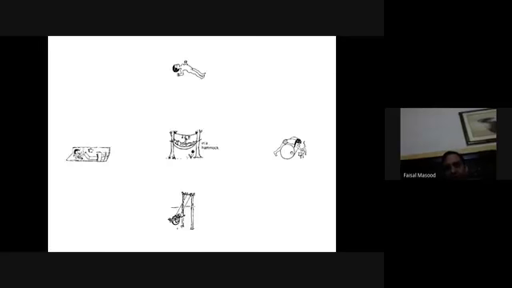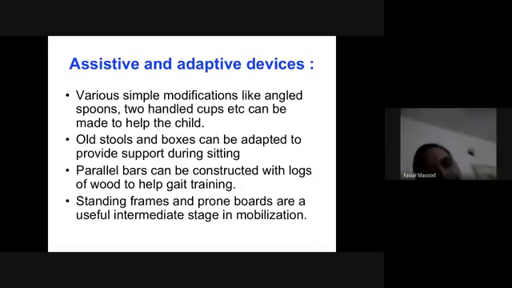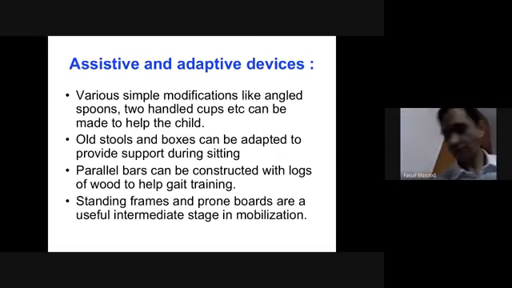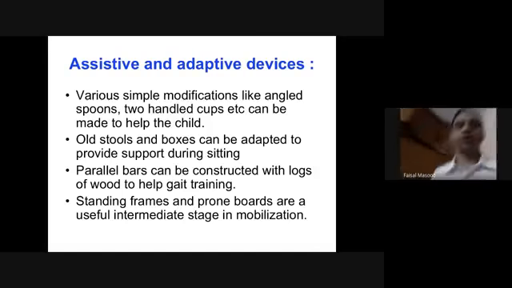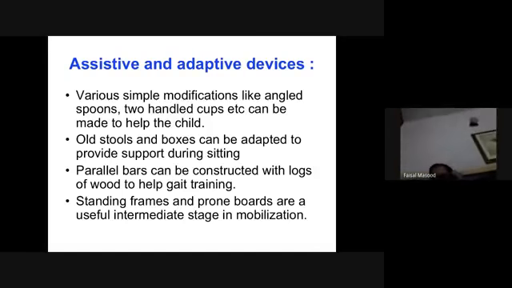You can see how it can be used. Assistive and adaptive devices, various simple modifications like angled spoons, angled cups, can be offered to make the child helpful. Old stools and boxes can be adopted to provide support during sitting. Parallel bars,